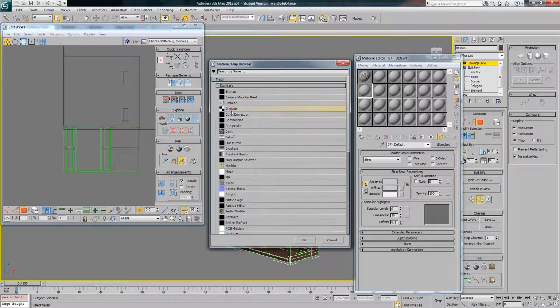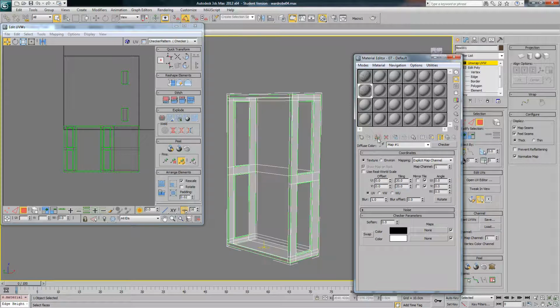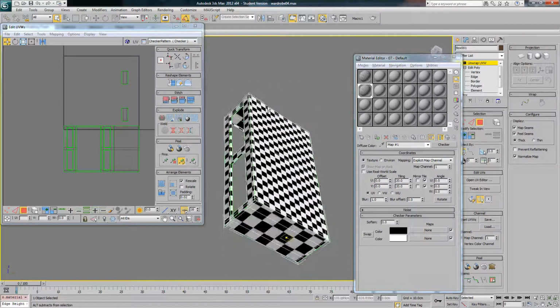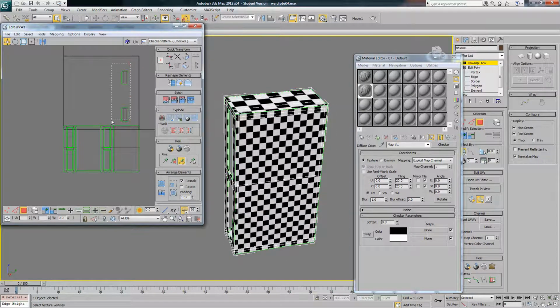Then if you select checker from the options here, put the tiling up to 20 and apply that to the model and hit preview, you can use these checkers to make sure your UV size is correct. So if we select both of the top and the bottom here, we'll scale them up